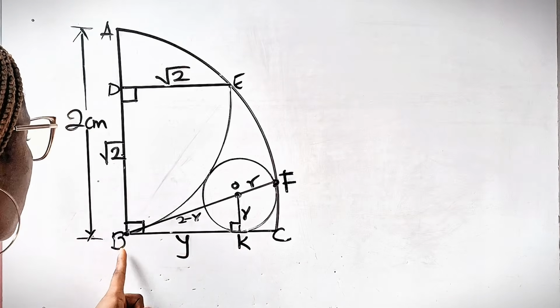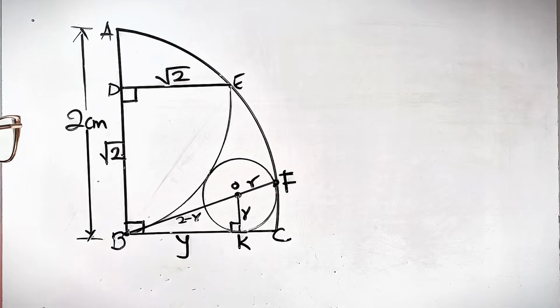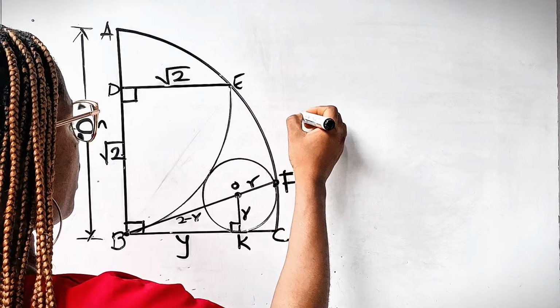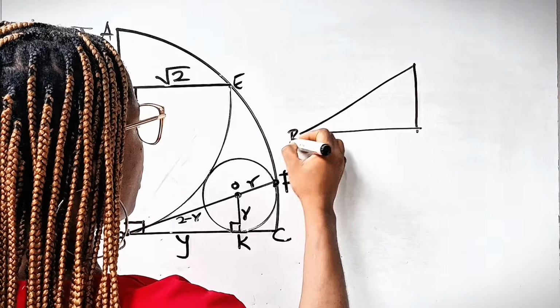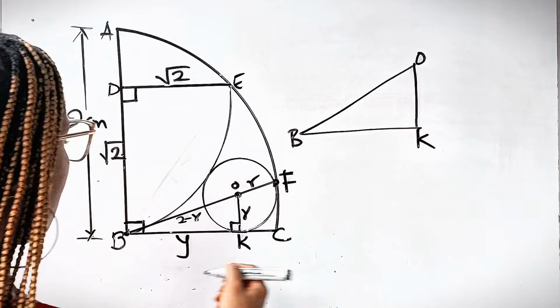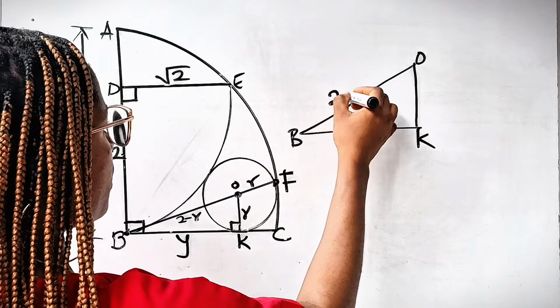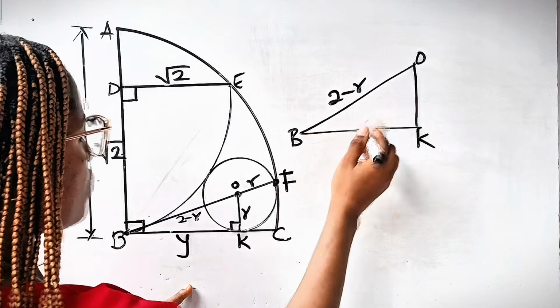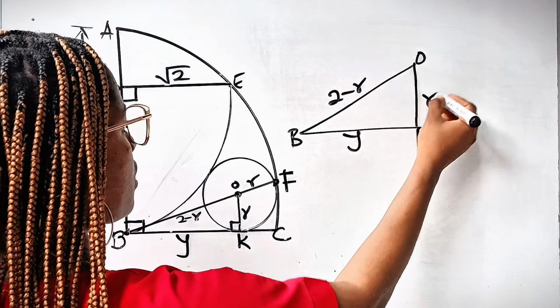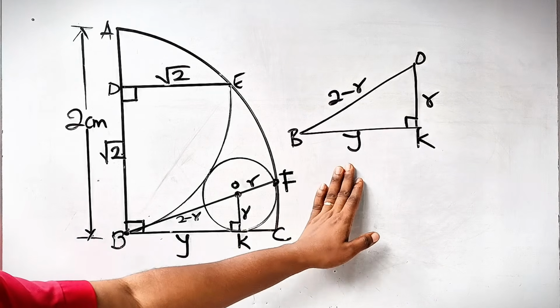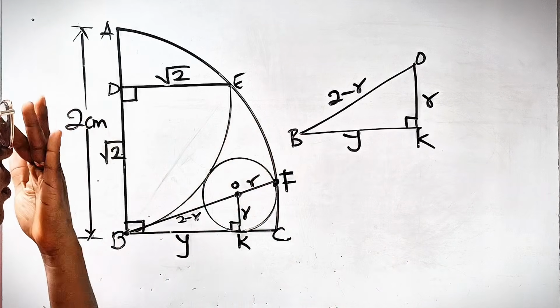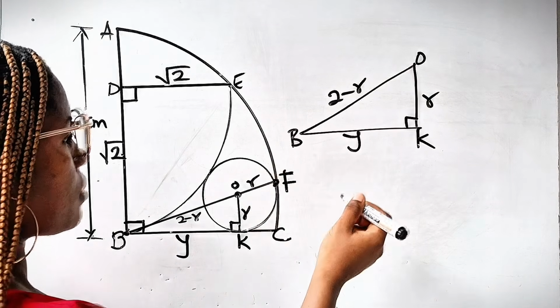All right, so now let's consider triangle BOK. Triangle BOK is like this, and like this. BOK. And we have 2R. Here is 2 minus R. Here is Y. And here is R. And this is 90 degrees. Now, using the Pythagorean theorem, we have that